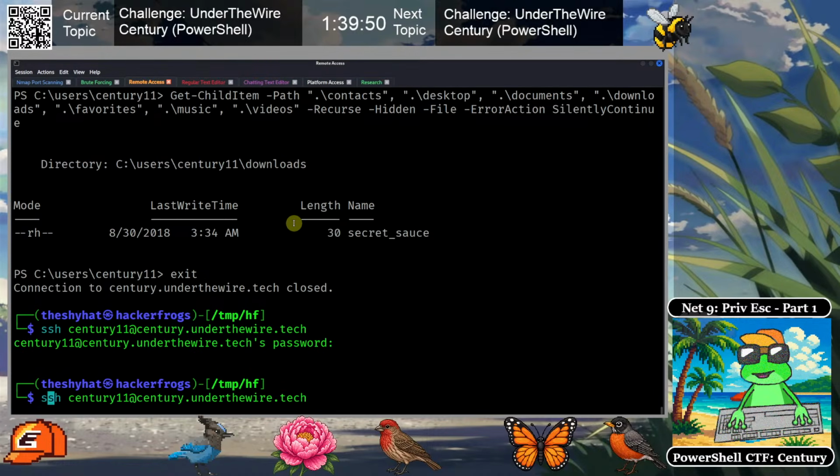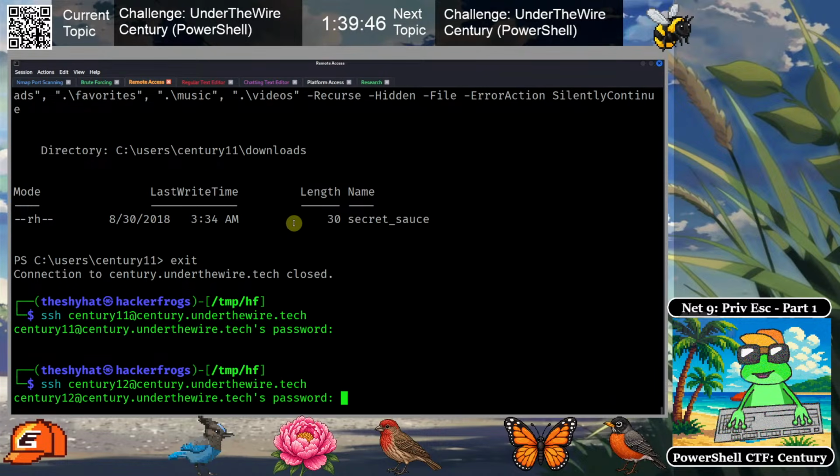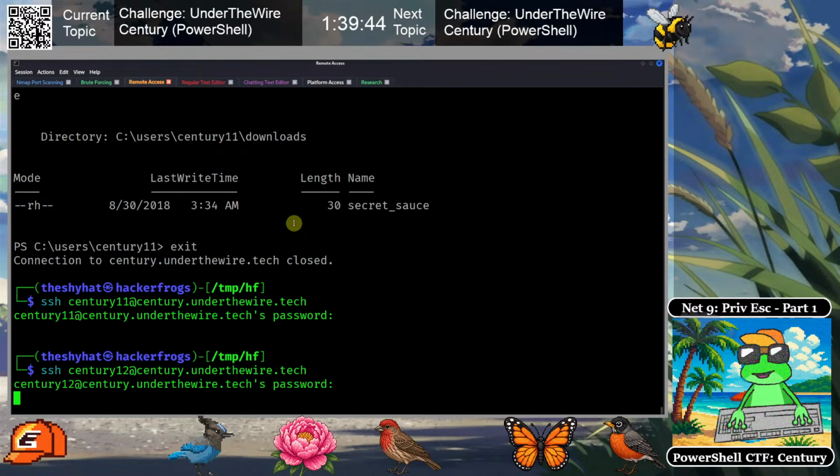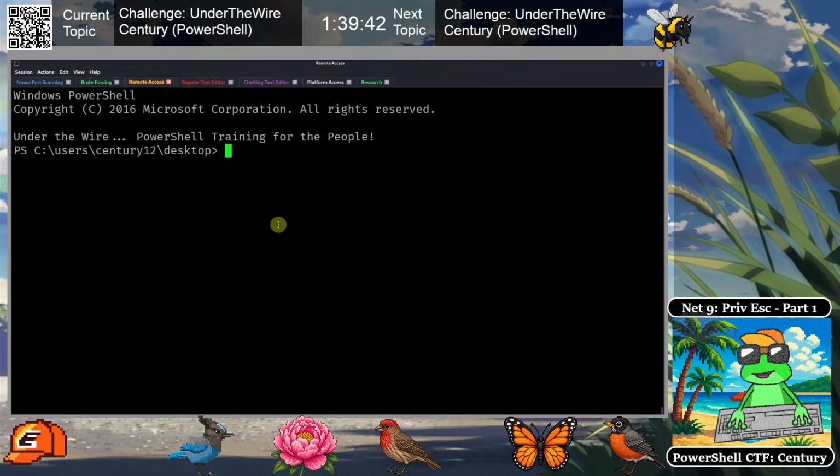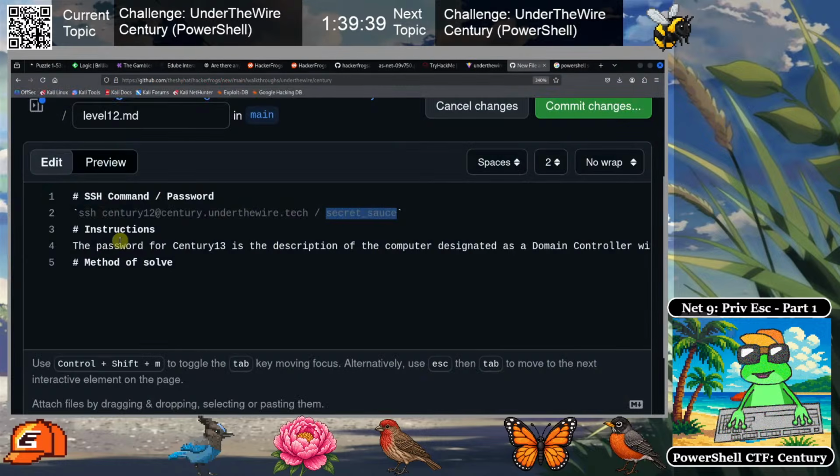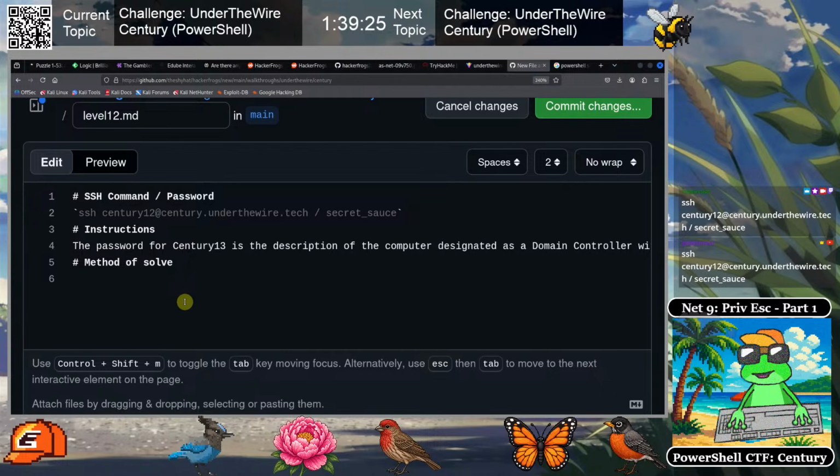Whoops. So SSH as Century 12. Password pasted in. Okay. So everybody, if you want to do the same levels we're doing, I'll provide the SSH command and the password over here. The description of the computer designated as the domain controller. Okay, so